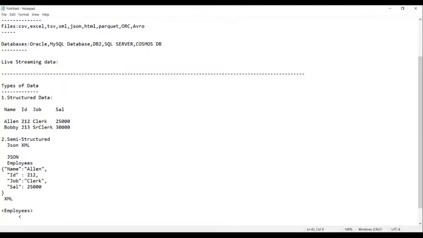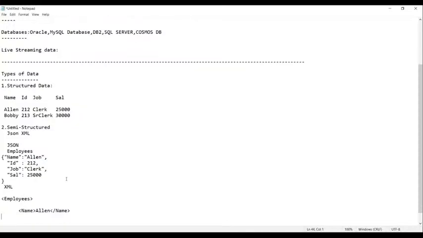Now let's start the tag here. What's the first row you have? Name. What is the name? Alan. And now again, close. Name. This is called an opening tag, and this is called a closing tag. Getting my point? In between the opening tag and closing tag, you have employees. Then we have what, guys?